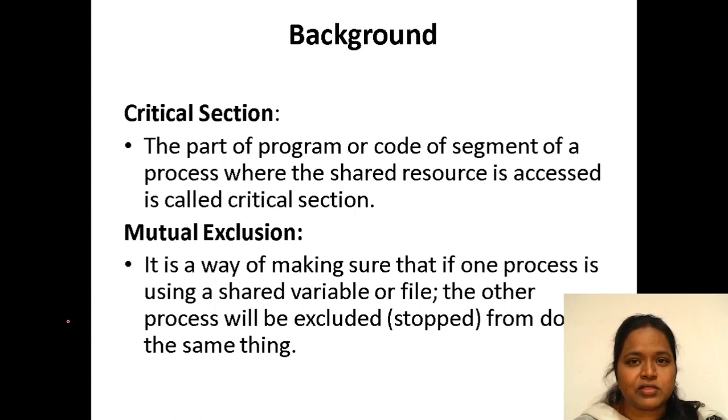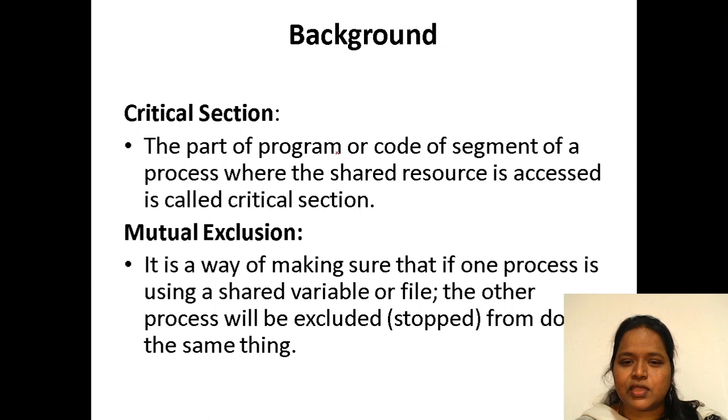A race condition is nothing but two processes fighting, so that the result will be inconsistent. If there are processes P1 and P2, if P1 executes first, the result will be X, and if P2 executes first, the result will be Y. But we shouldn't get both results X and Y. Even if both processes execute, we have to get only one result, X. But in a race condition, when P1 executes first we get the X result, and when P2 executes first we get the Y result, which is incorrect. So that race condition we are going to avoid.